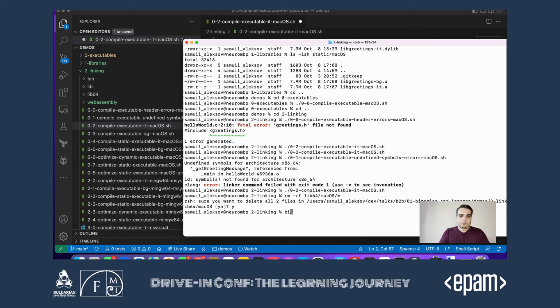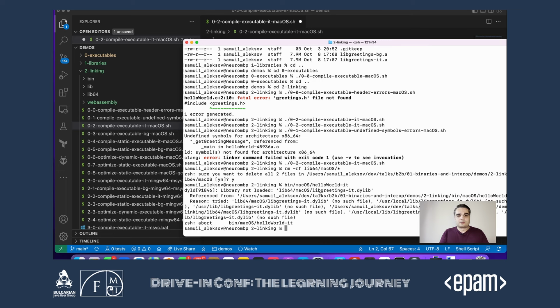Now, what happens if we try to run this file? Another interesting error that we very often get is library not loaded. So we did compile our executable successfully, but then it was unable during loading to find our lib greetings-it.dlib.